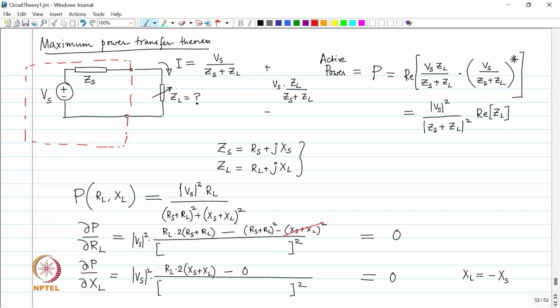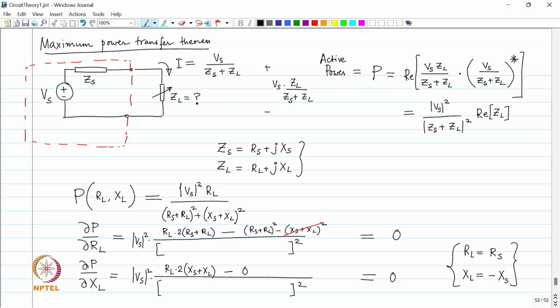And therefore, what can I say from the first equation now? 2 R L is equal to R s plus R L, which means that R L is equal to R s. Okay, I want to be specific. Do not write it the other way around, because you are answering the wrong question. Okay. So, this is my solution, R L is equal to R s and x L is equal to minus x s,